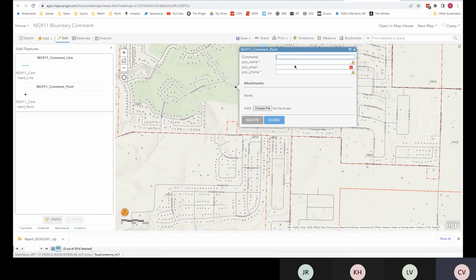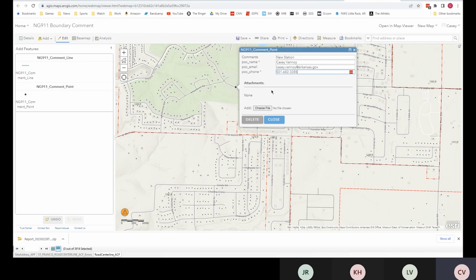Also, if there is no contact information, this change will not be implemented. So you've got to have your contact information in there so that we know who to go to if we have any questions. So in this particular case, new station, POC contact, KC Vanoy, kc.vanoy at Arkansas.gov